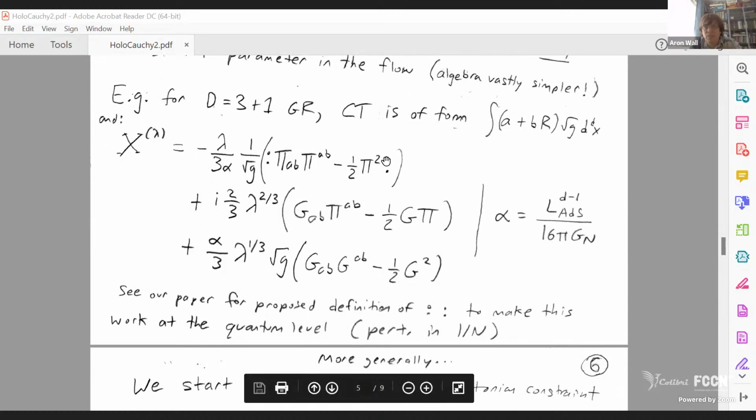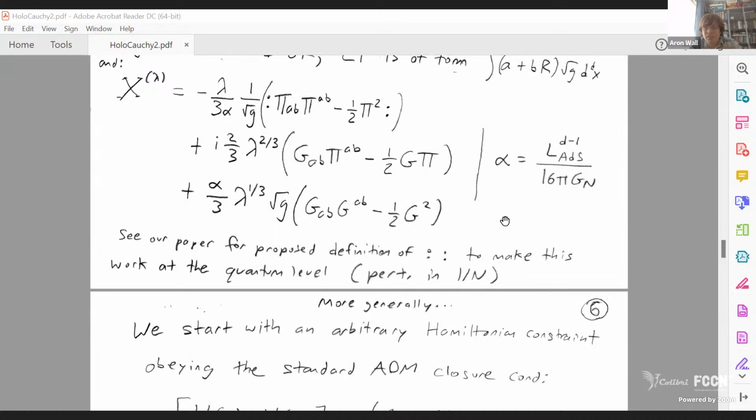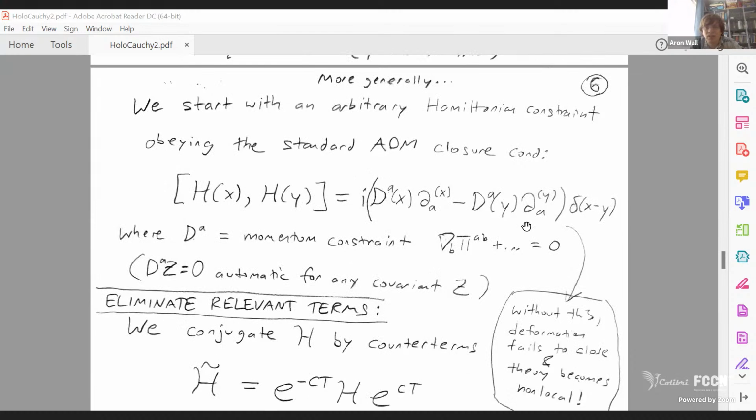Okay, I put in normal ordering here. There's a story about how you would do 1/n corrections in our paper, but if you like, you could just think classically at the moment, in the sense of n equals infinity. Okay, so one of the things we did in the paper with Gonzalo and Rifat is to